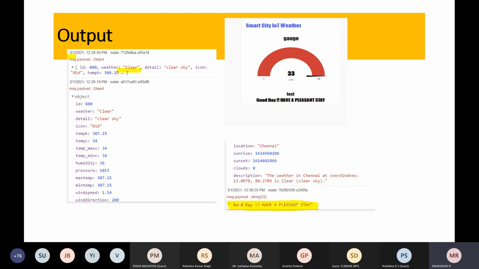So message.payload.weather is clear, and I get a message like "have a pleasant stay," and all the details about my weather will be displayed here. And if you want to display something here, I just took this 33, that is the temperature value, and passed it to this, so that the value 33 will be displayed here, 33 or 34.